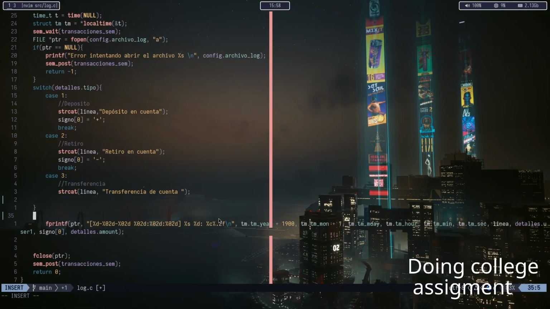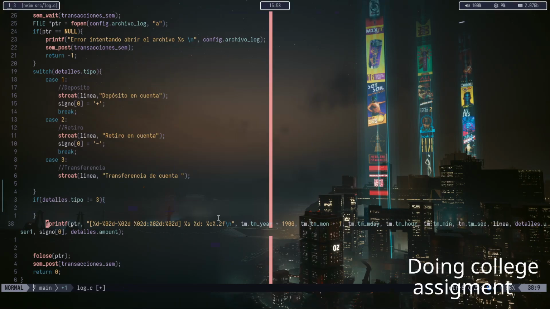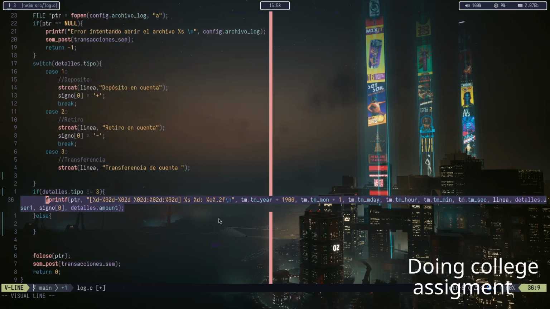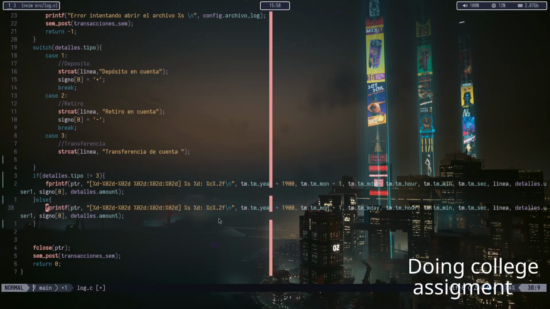Okay, so I'm gonna say it like this. And if the digest option is different than 3, then you do this whole thing. Else, no, that's not how you're supposed to do an else. Else, this, but add in a few things. So this is transferencia de cuenta, also another,